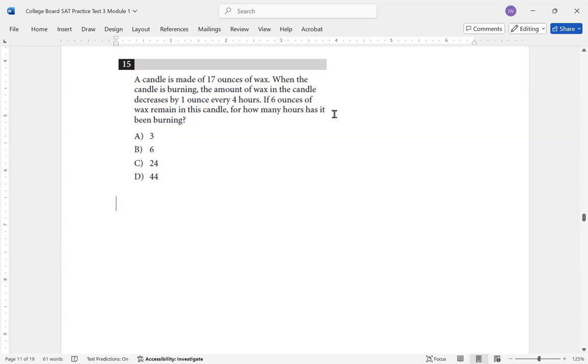So basically, we're going to create an equation that says the amount of wax in the candle is going to be starting at 17,